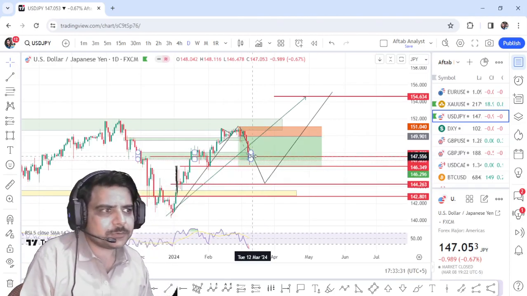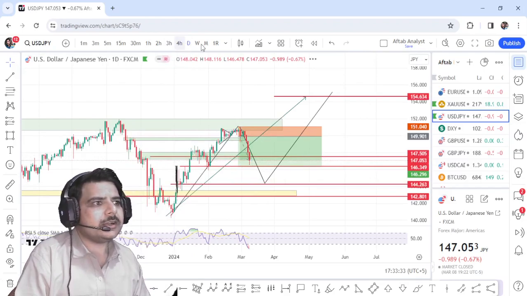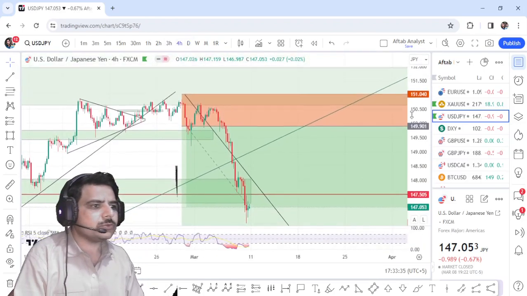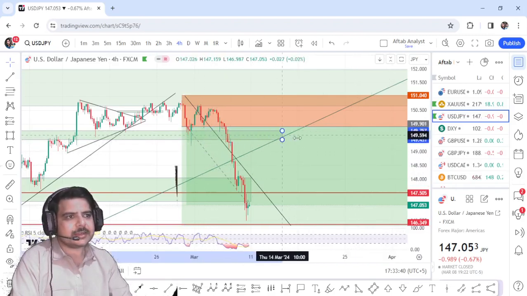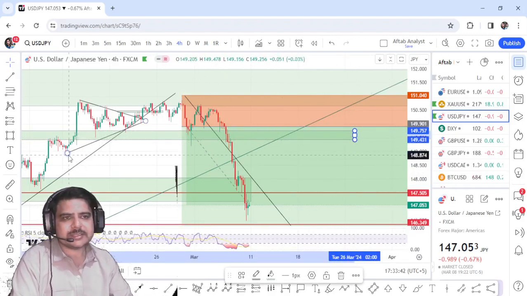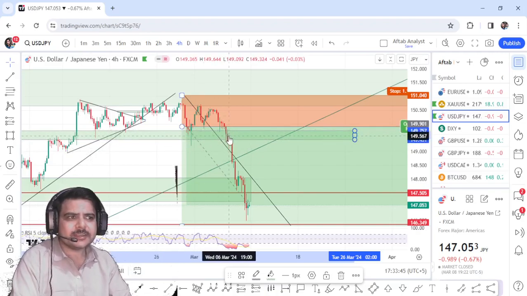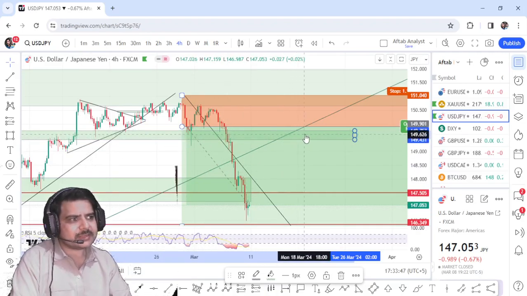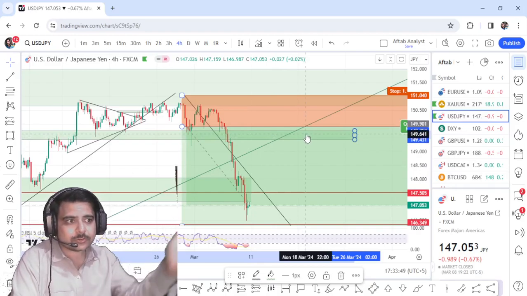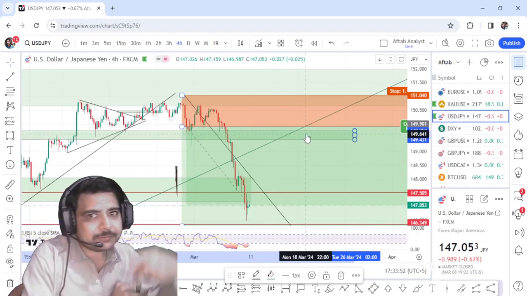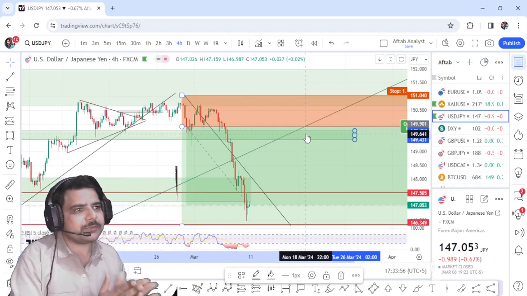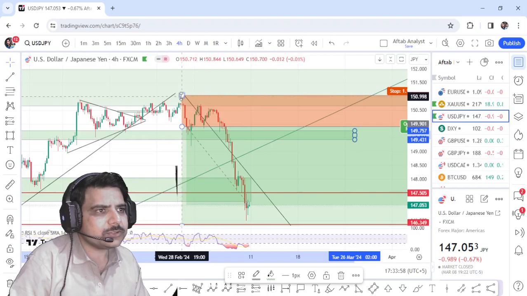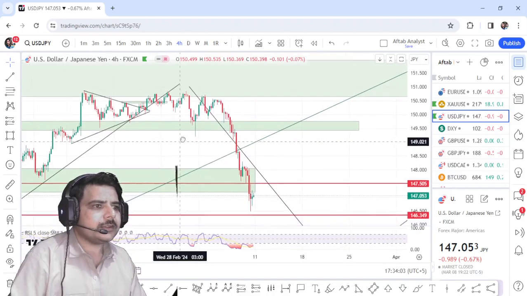Obviously, selling at this point I don't recommend, but yes, those of you who want to sell upon the correction towards 149 again, right here, if you can see this broken level, this support is very easily broken. So the market potentially next week can go back up, and the dollar index is also showing an up move. So I think it will first go up, and then from there, if we can catch a further sell trade, that will be fantastic. So this trade, I am closing it now because it is just on my screen.